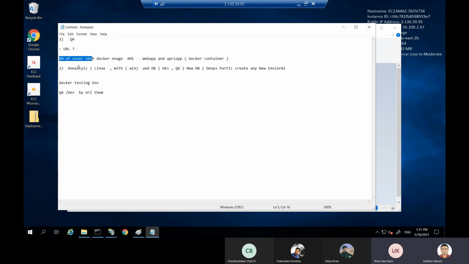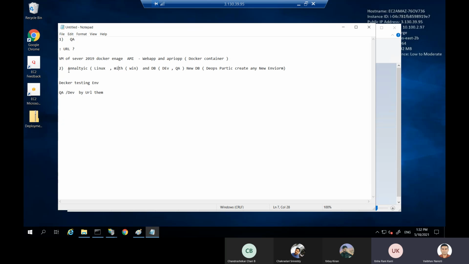So now, you and Uday should work on creating one environment in which we require 3 VMs. One VM for these Docker images to run, another 2 VMs for analytics and Mirth specifically. And one on the database side, or otherwise we can use any of the database instances. That depends; I think Chandra will comment on that side.